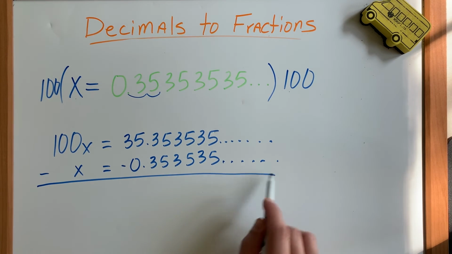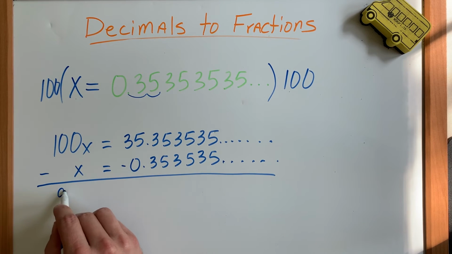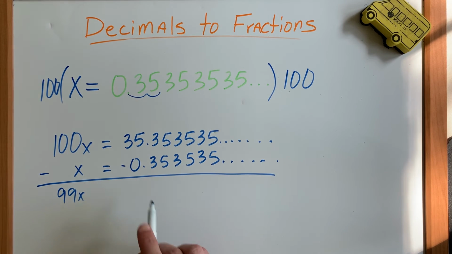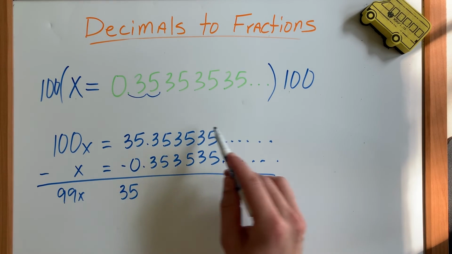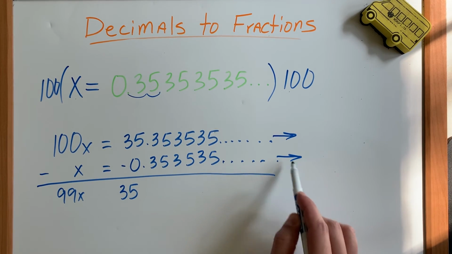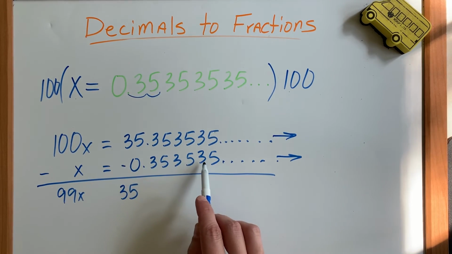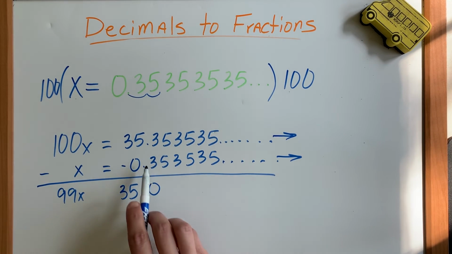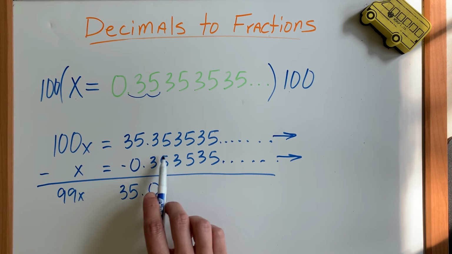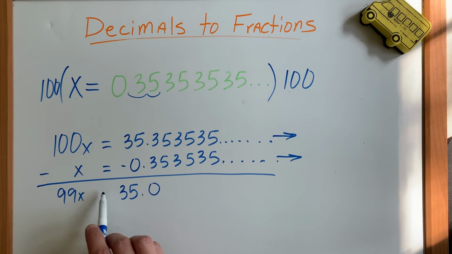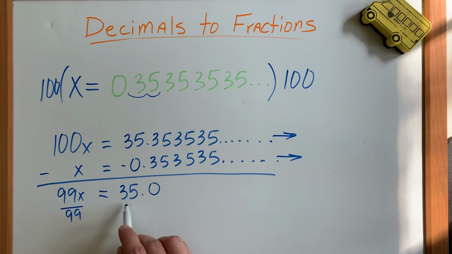On the left-hand side, 100x minus x is 99x. On the right-hand side, look what happens. 35 minus 0 is 35, and then the decimals all cancel each other out to infinity. Both of these decimals go forever, but because they're the same, when I subtract these, I'm going to get nothing, because everything to the right of the decimal is the same, and when I subtract something from itself, I'm left with nothing. Now that I have 99x equals 35, I can divide both sides by 99,